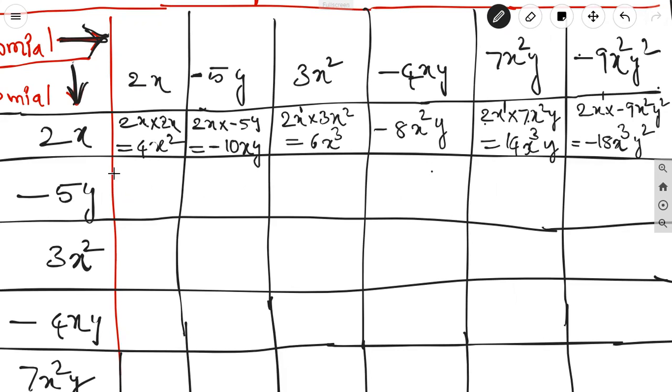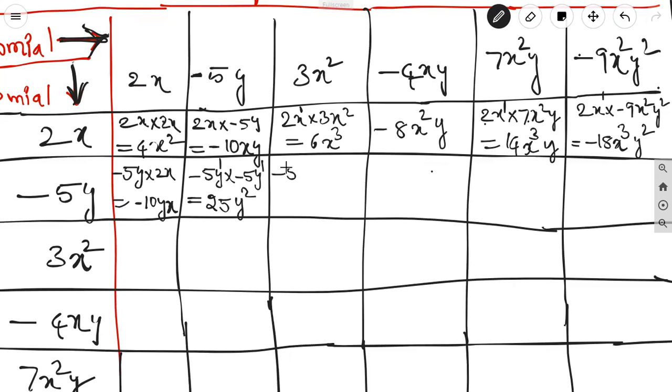In the same way, minus 5y into 2x. Minus 5 into 2, 5 2s are 10 with negative sign, minus 10 yx or xy, we can write any order of variables. Next one is minus 5y into minus 5y. Minus into minus plus. 5 5s are 25. Y power 1, y power 1. If the bases are same, then we can add the powers. 1 plus 1 is equal to 2.